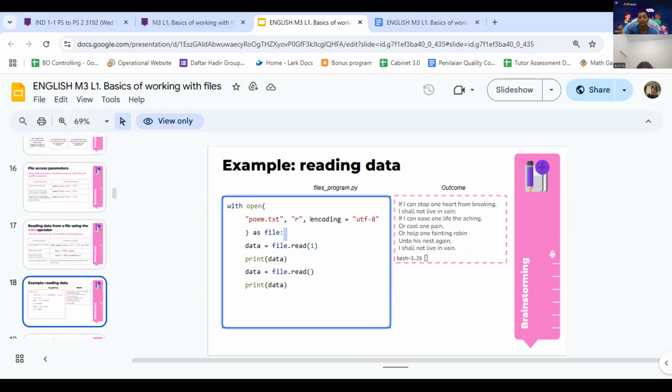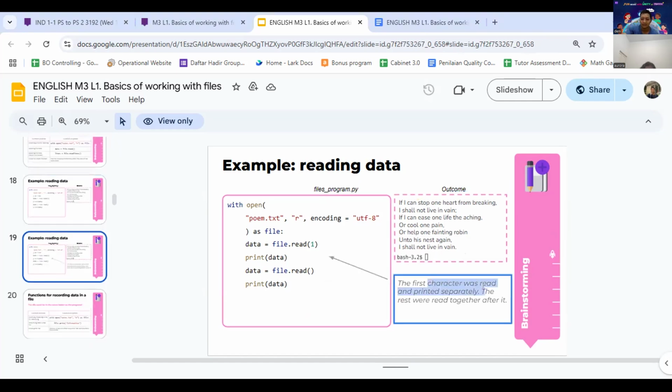So we can add encoding UTF-8 as file. Data equals file.read, then print data and so on. Here's the outcome.